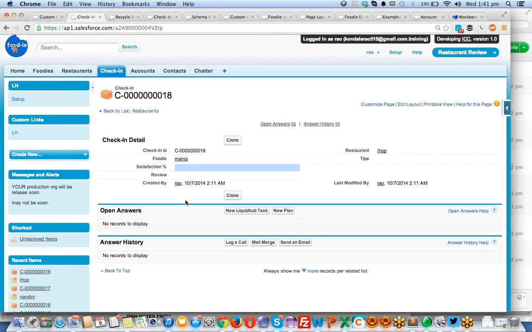I cannot modify this because they don't have these permissions, but I can get only new records. These permissions can be controlled at the profile level, where I have not given them for this person. Let's log out of the system. Here is how you can log out of the system.